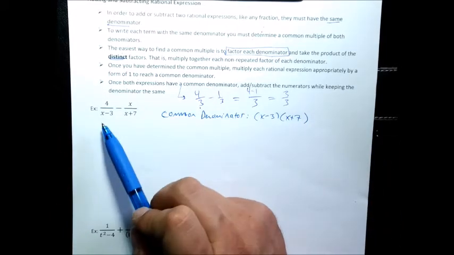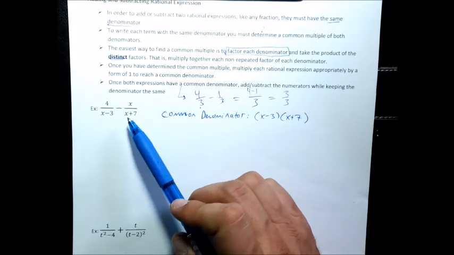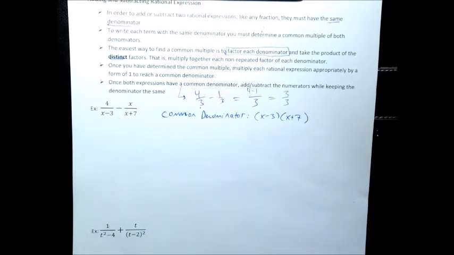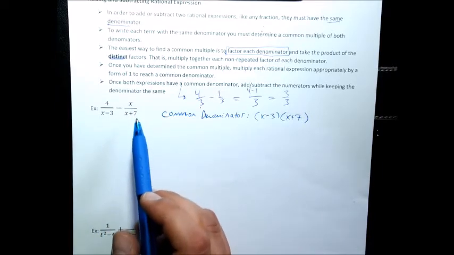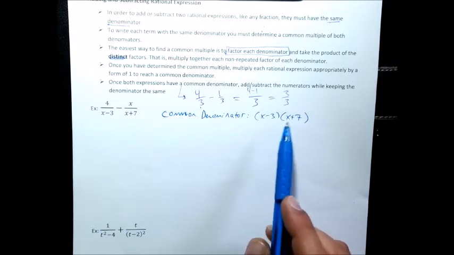Because the x minus 3 came from the left one, and we got the x plus 7 from the right one. And so we just combine the two of them, and that'll be the common denominator, right? Any questions about that? Okay, so now we just want to make sure they both have that denominator, and then once they do, we